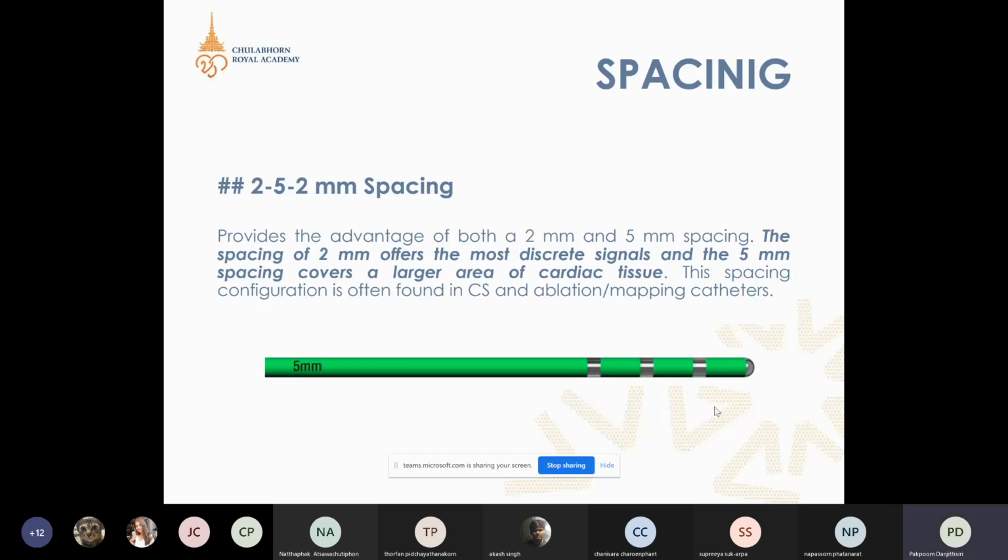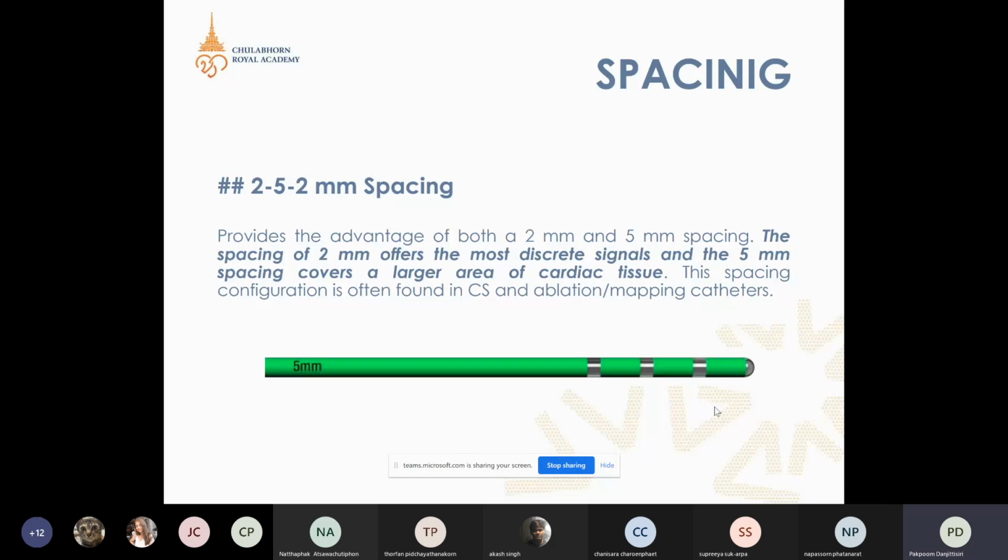The benefit of using this spacing catheter is that it provides the advantage of both 2 millimeter and 5 millimeter spacing. That means the 2 millimeter spacing offers the most signals, and the 5 millimeter spacing covers a larger area of cardiac tissue. This spacing configuration is often found in CS catheters, as I told you before, as well as in ablation or mapping catheters,